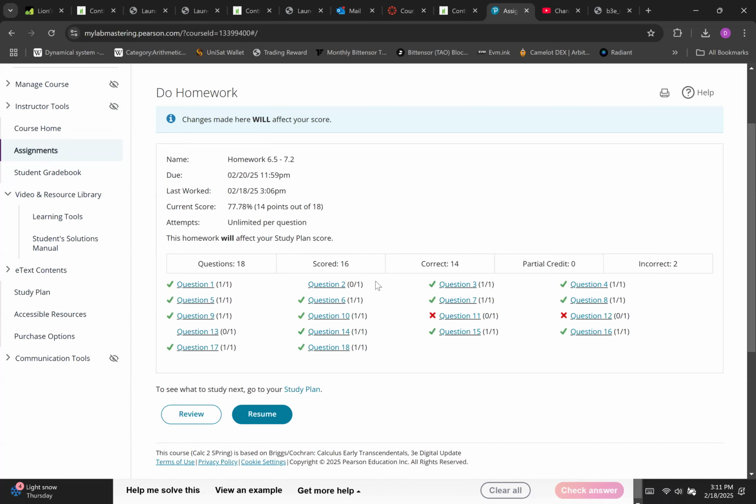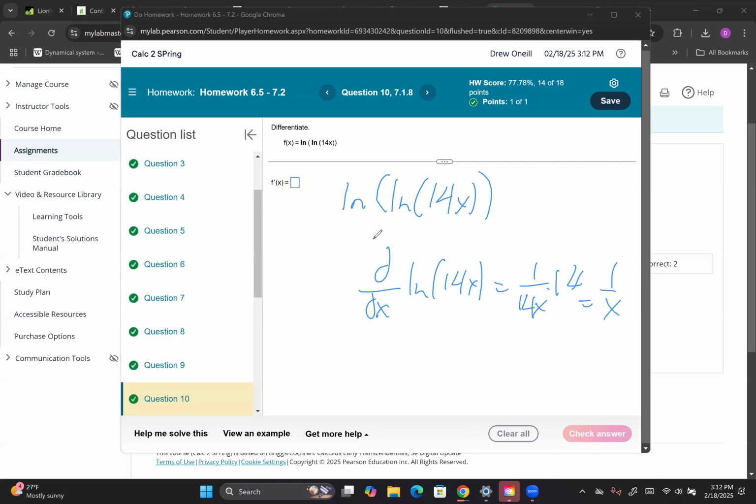Let's see, 1 over 14x. Nope, sorry, that's not right. Let's look at that part. We would get this: 1 over 14x times the derivative of 14x, which is 14. So the 14's cancel. So it's just 1 over x. Okay, so the 14 doesn't really matter here, but it actually will be in the answer. Why? Because